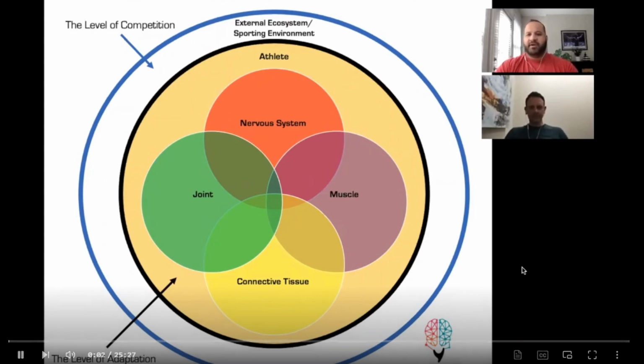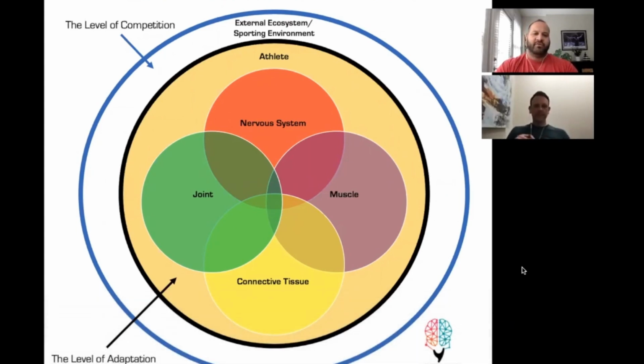We wanted to hop on here to go through this nested organization of ecosystems from the prior article by Brian Fox on training ecosystems. So did you want to go ahead and maybe explain what we're looking at here? Yeah, so this is a diagram that we created to show different ecosystems and how those ecosystems relate not only to the athlete, but also the sporting environment in which that